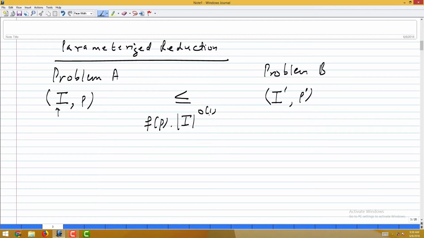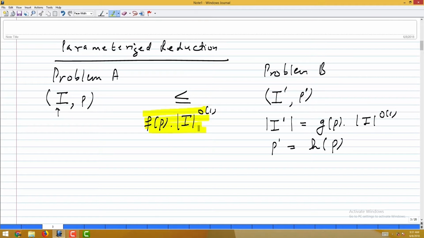If we are able to give a reduction from problem A to problem B in this much time, such that the instance that I have created of B has size some g of p into this, and the parameter p prime is again some function of p alone. If I am able to give a reduction of this kind, with this property, the time taken for reduction is this, the output instance has this size, the parameter has this size, then I can make the following claim. If this happens,